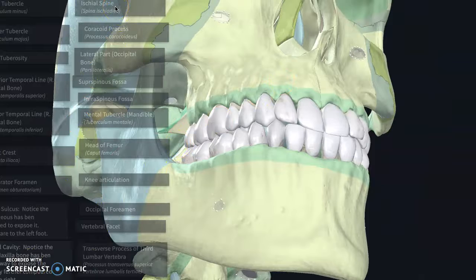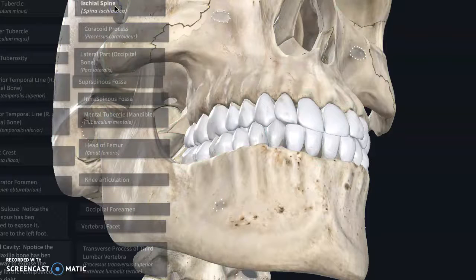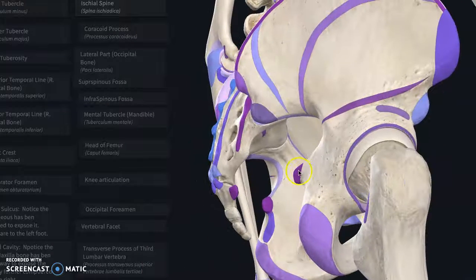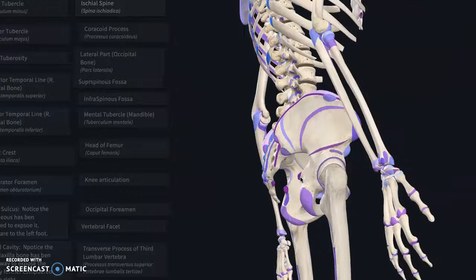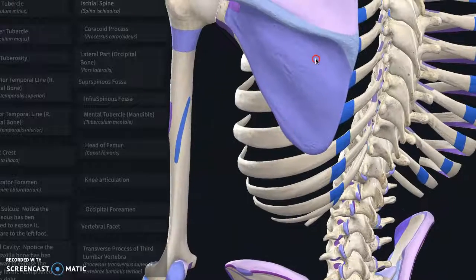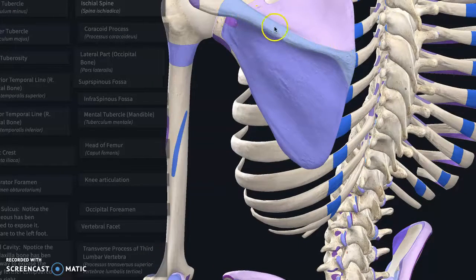Ischial spine. It's pronounced ischial or ischium. So here is the ischial spine. So your pelvis bone, this is the spine of the ischium. Another cool place where you have a spine in your body, I didn't label it for this diagram, but I'll show it to you. This is a spine. It looks similar to the crest on the pelvis,